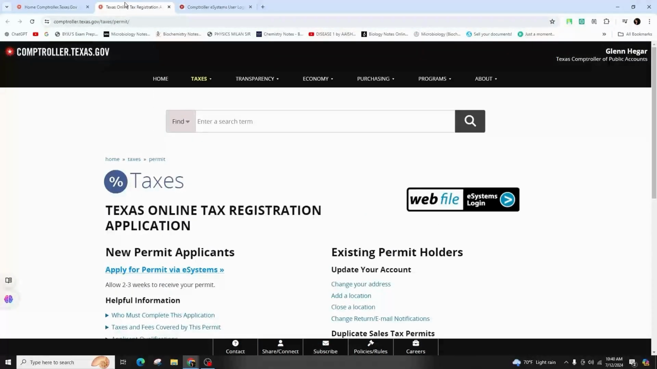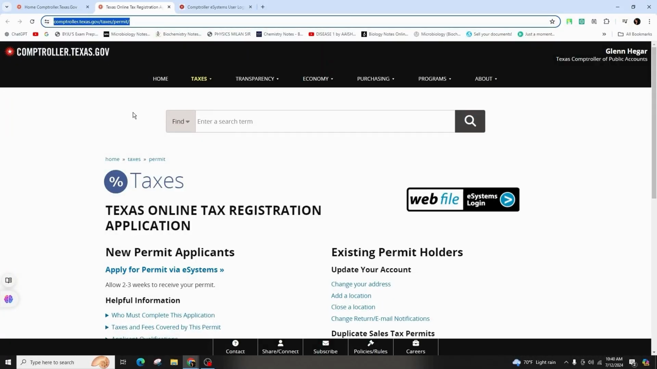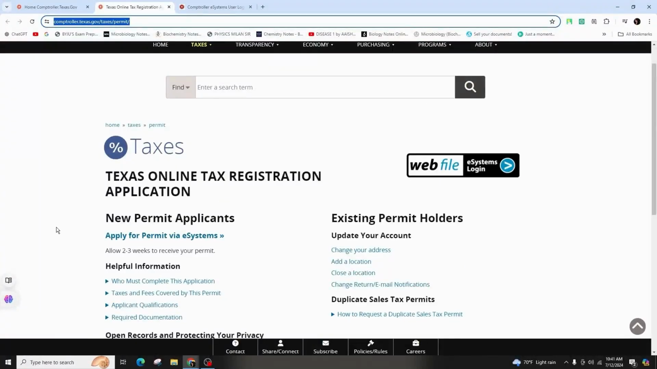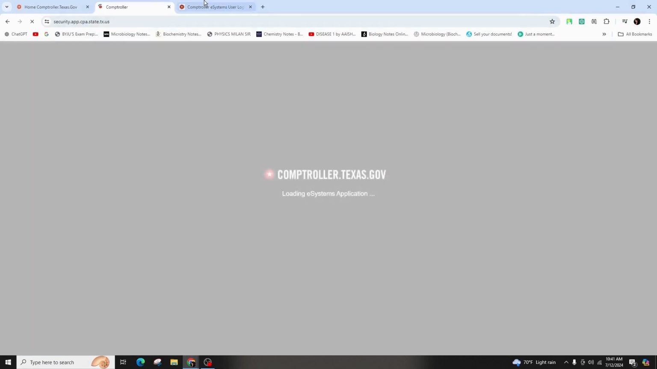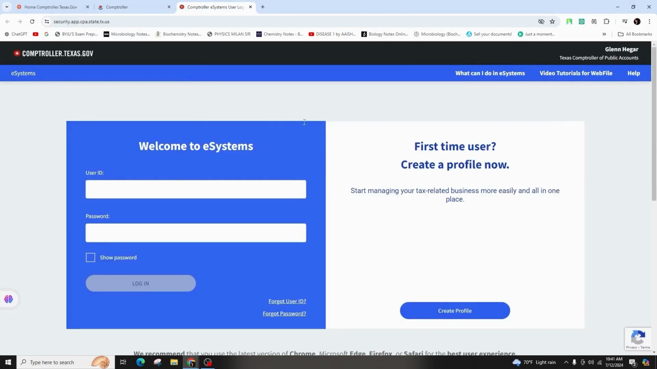comptroller.texas.gov/taxes/permit and hit enter in your Google Chrome web browser. Then this will take you to this kind of interface, from where you have to now click on the link that says apply for permit through the eSystems. Click on it. And as soon as you do this, you will be taken to this kind of interface where